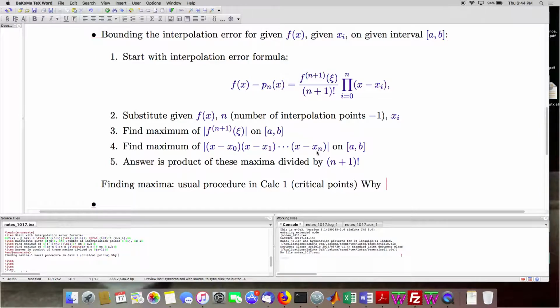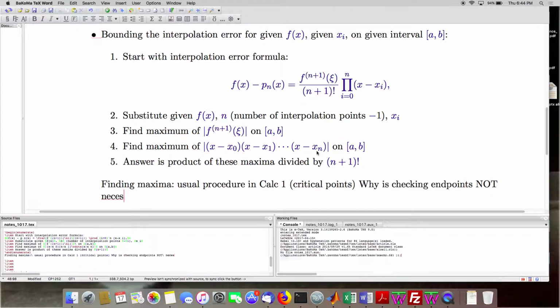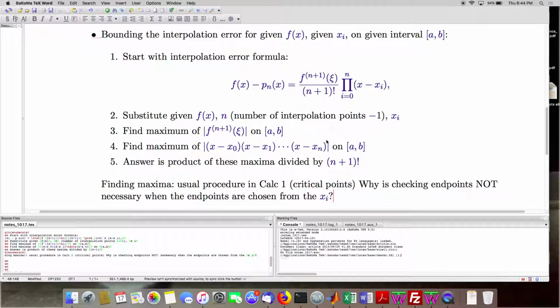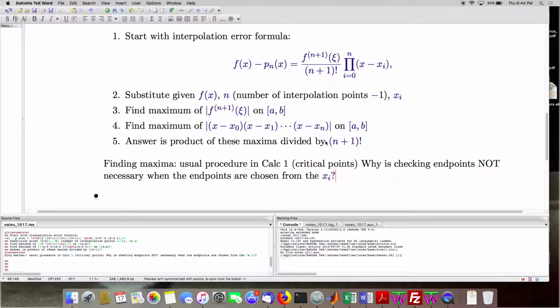Okay, well, actually, let me clarify the question. Why is checking endpoints not necessary when the endpoints are chosen from the xi? That part's important. Functional harnesses. Yes, because, well, yes. What happens here? Yeah, okay, so